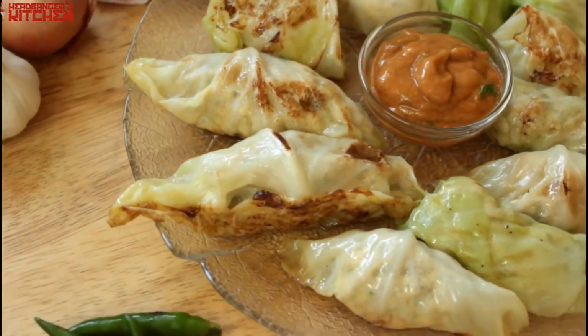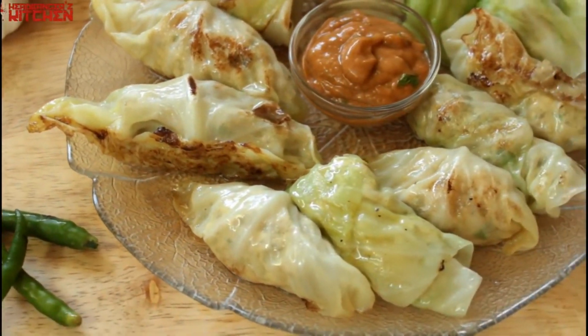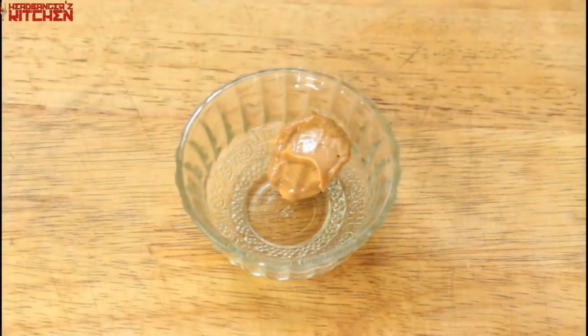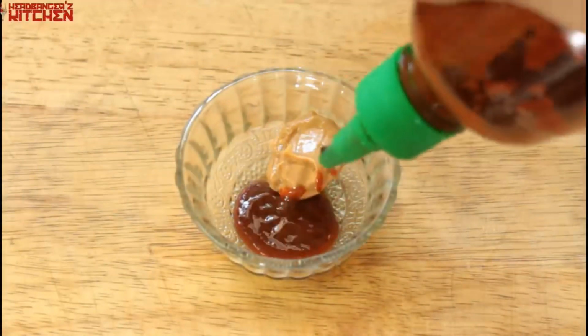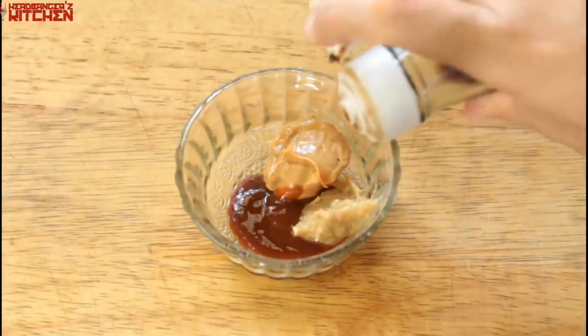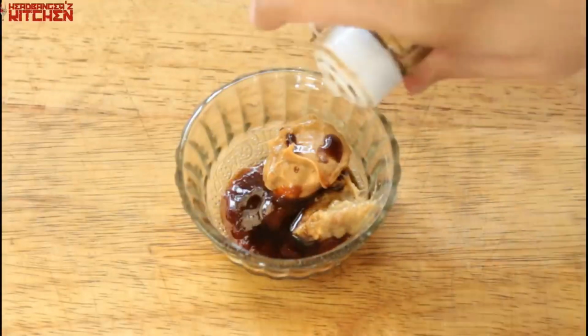Chicken dumplings and a delicious dipping sauce to go with it. Let's start with the dipping sauce so that we can get it out of the way. We're going to take some peanut butter, some sriracha sauce, some ginger garlic paste, some soya sauce, some rice wine vinegar,